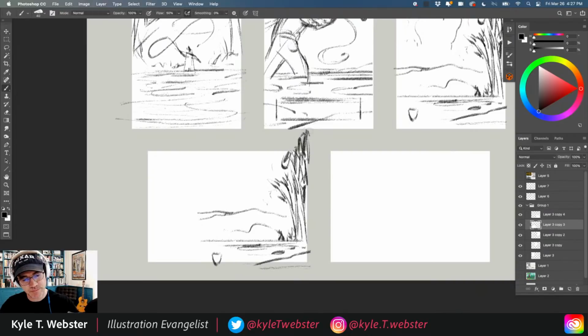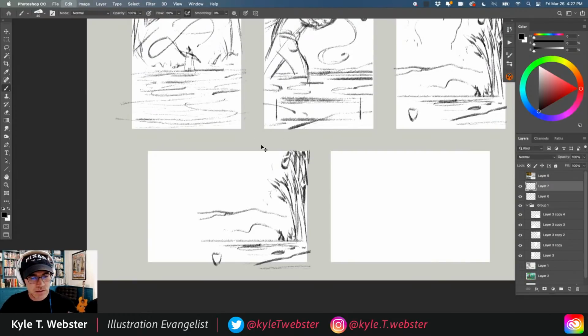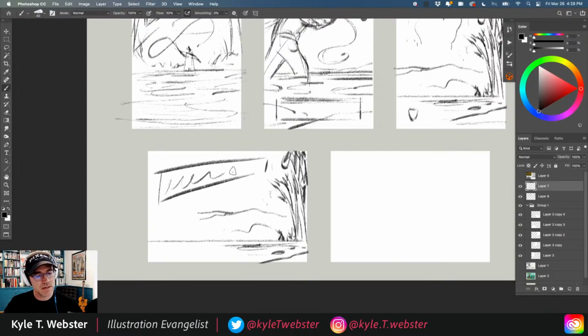Oops. I wound up drawing on this layer. I didn't mean to. There we go. So let's clean this up a little bit. Just make sure that tucks in there nicely. So you could just stretch this one out like that, and then you could have the type kind of borrowing from our first one. Right, there's the type in this nice big